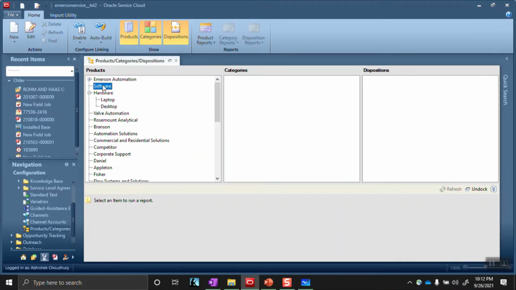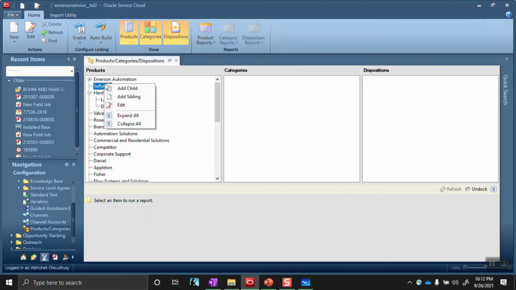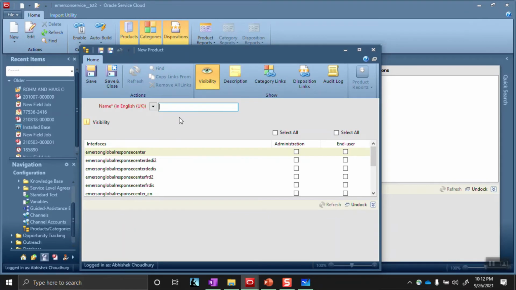Okay, in the software, what we have got is operating system and apps. So I will create a child here, system. I only want it to be visible for this interface only.